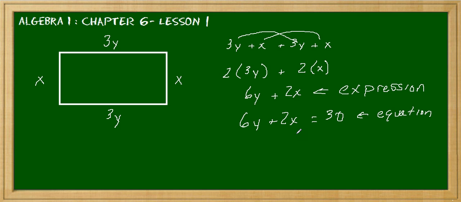In the second part, we are doing that, so we're equating it to the value of 30. Hence, we have an equation. And we're given values here: x is equal to 3 and y is equal to 4,